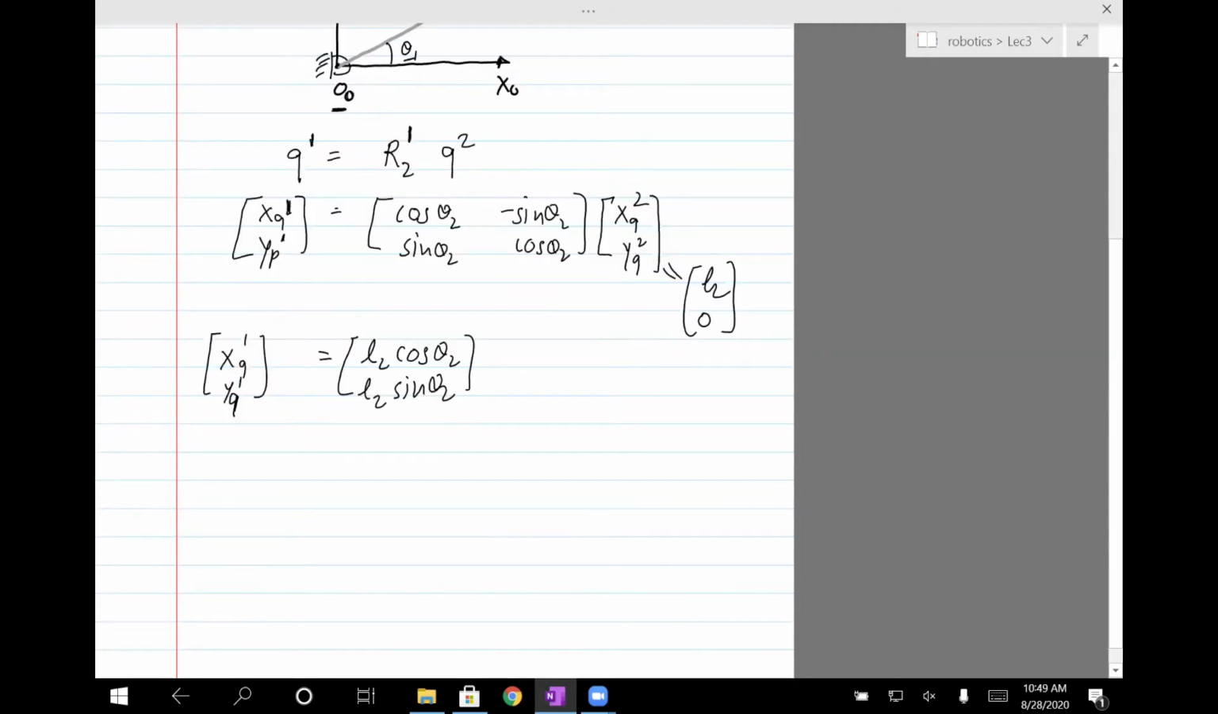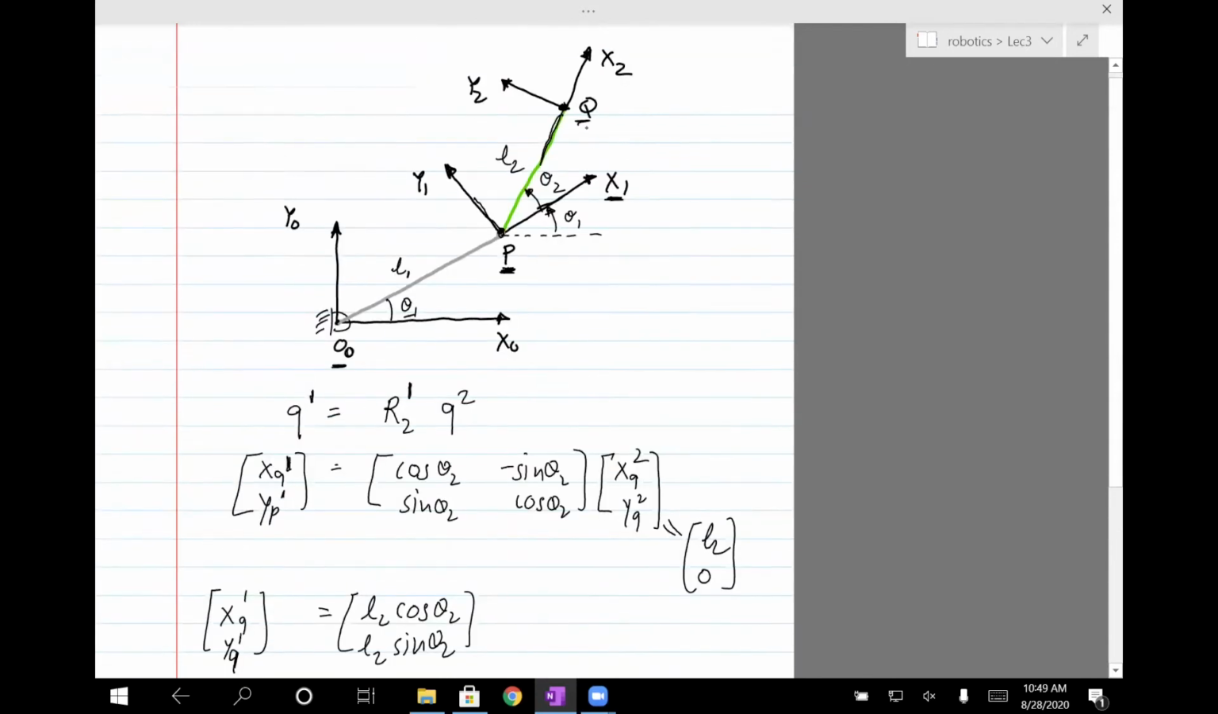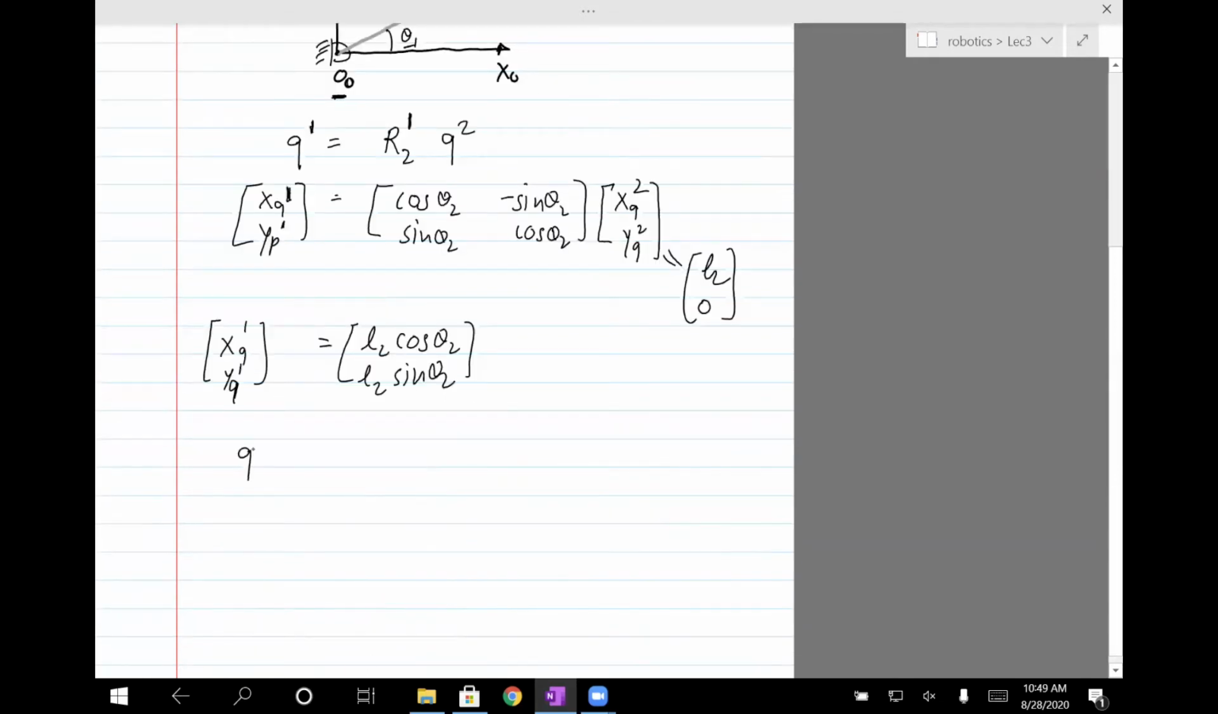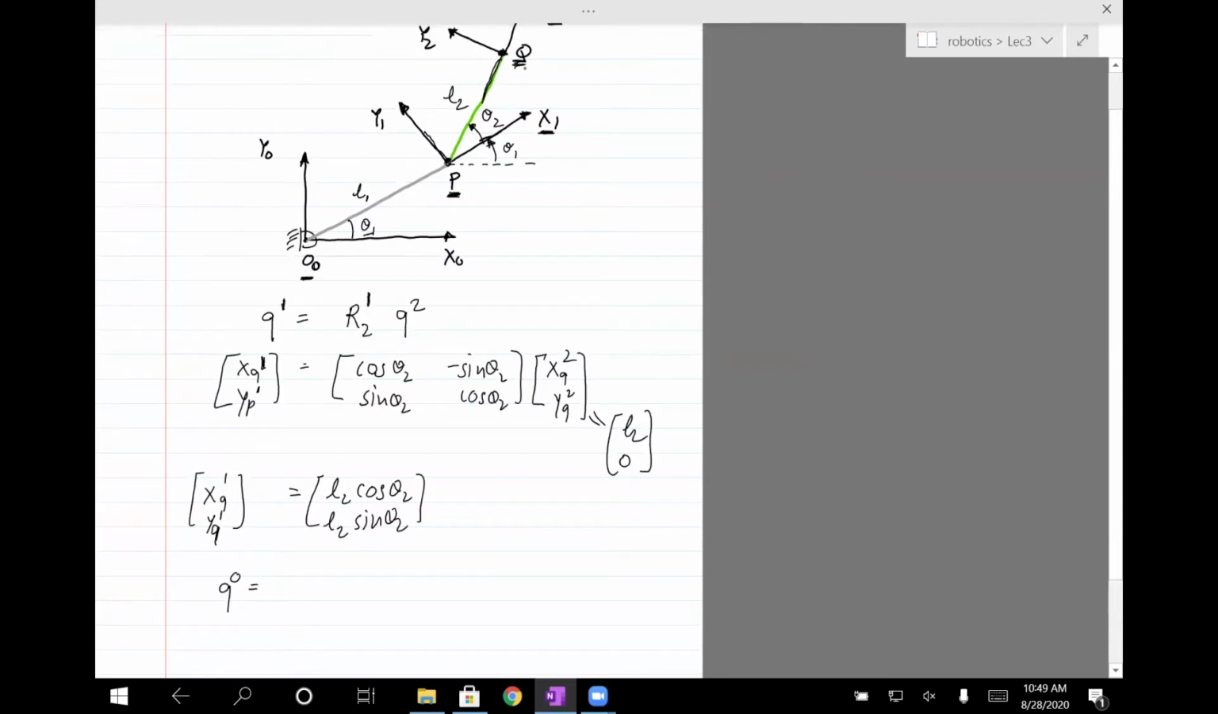I just have a minute, but let me write down the formula for position of Q with respect to frame 0 and then complete it next time. We're interested in finding the position of Q with respect to the fixed frame, so that's going to be Q0. Here I need to invoke the translation and rotation formula, because the way I can describe the position of Q with respect to O is through this intermediate point P. So the formula is Q0 equals P0 plus R10